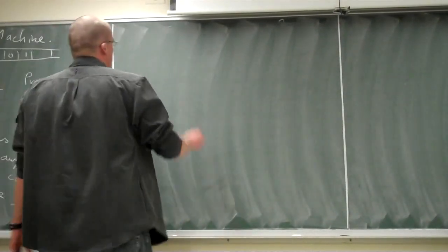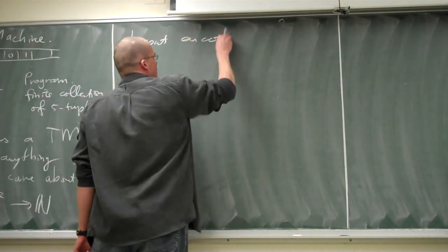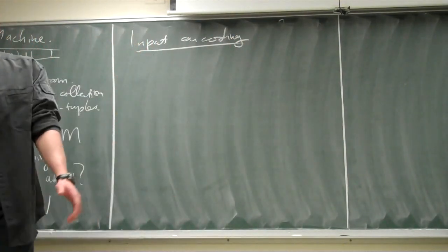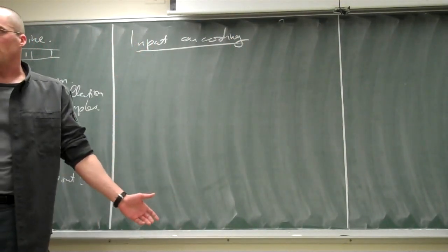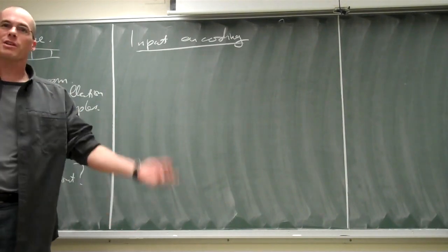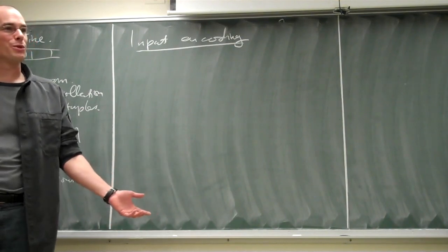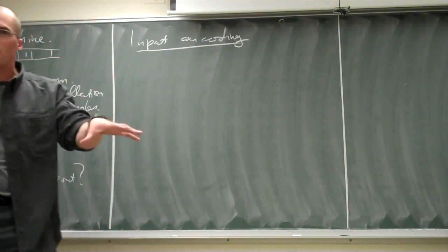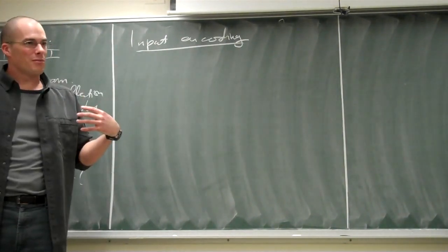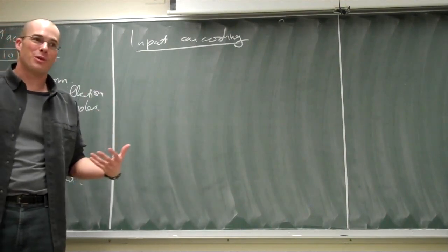So, input encoding. Now, for this input encoding, many choices. Right? And if you make one choice and I make another choice, and both of these choices can be perfectly fine, we still have a problem if we try to communicate, because the Turing machine you wrote for your input encoding will not work for my input encoding. So a Turing machine computes something only relative to input and output encoding.